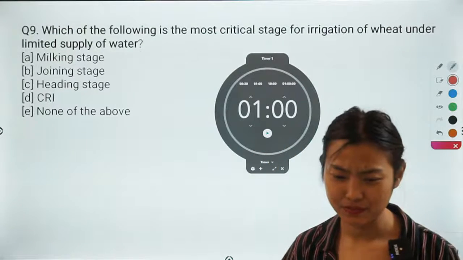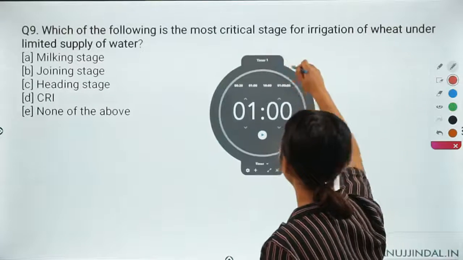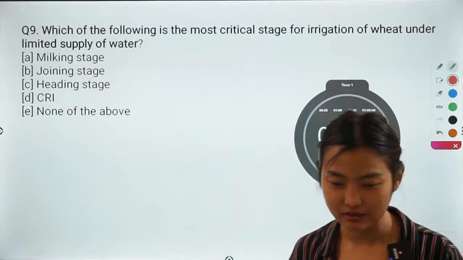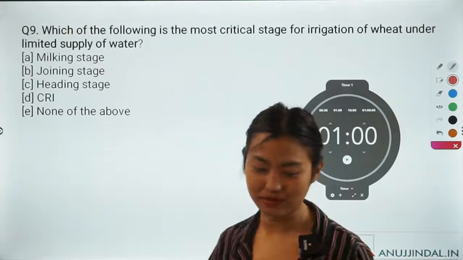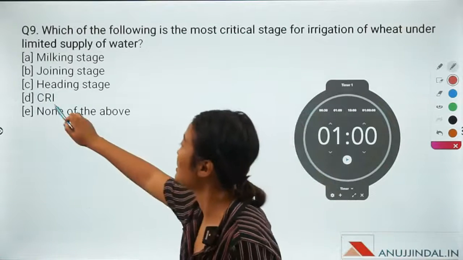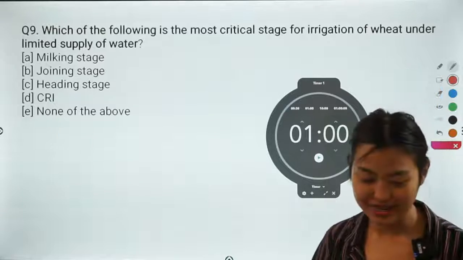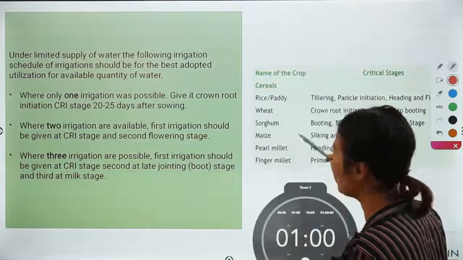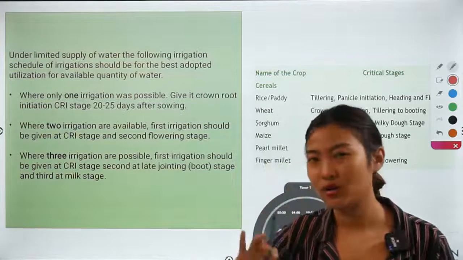And Harshal, crown root initiation, Akhilesh is CRI. So I think all of you got it correct except for, say, Dave, who said C, which is the heading stage. Unfortunately, the right answer is CRI. Let's understand what this is. CRI stands for crown root initiation. If you're asking what a crown root is,